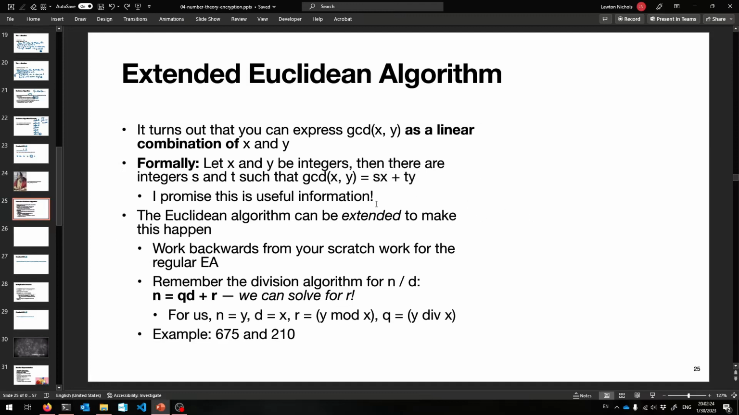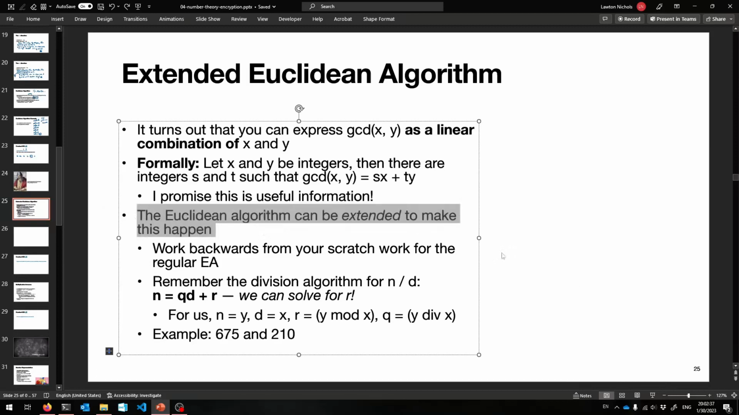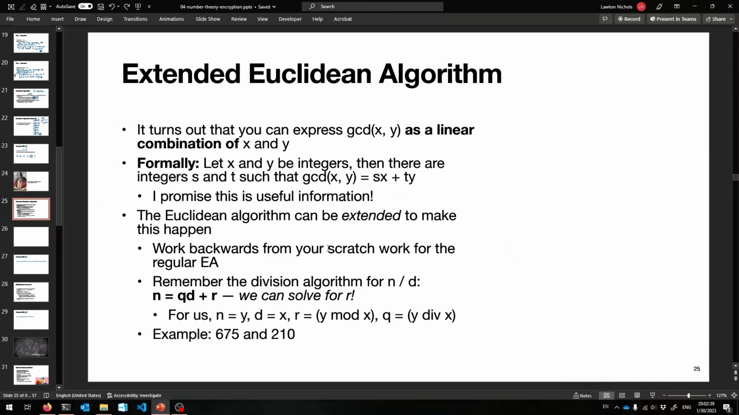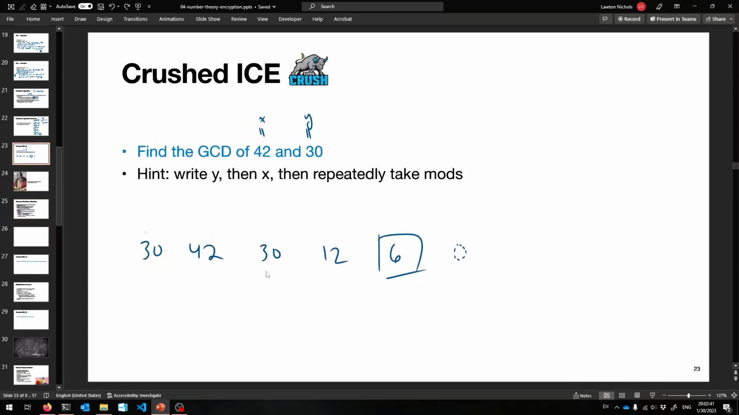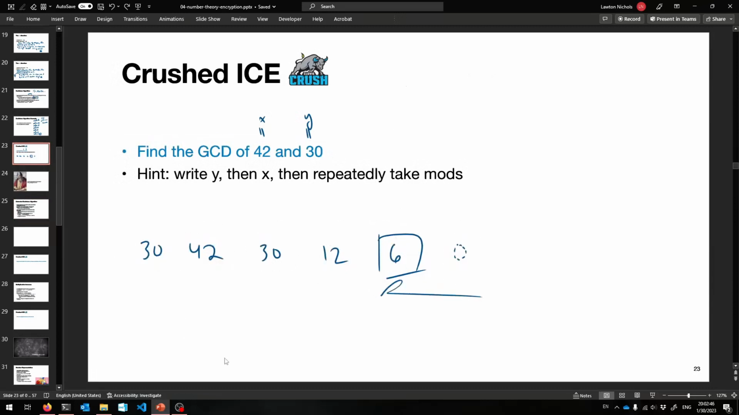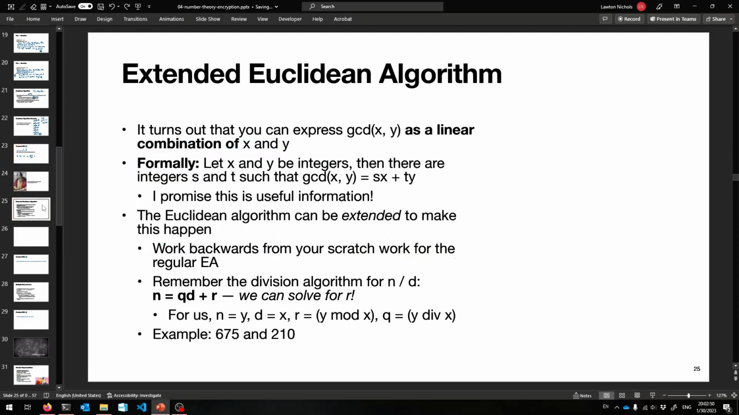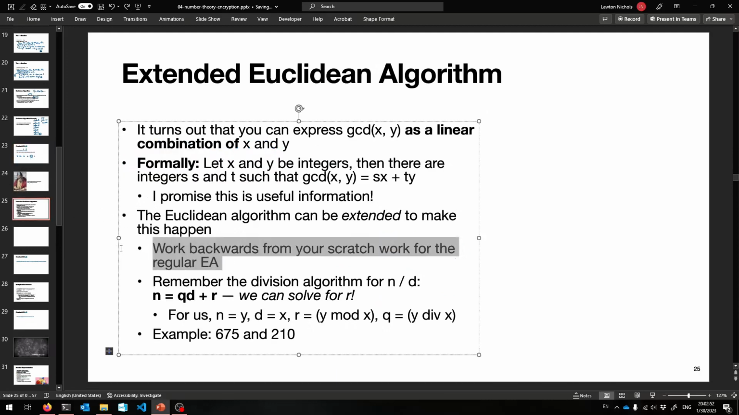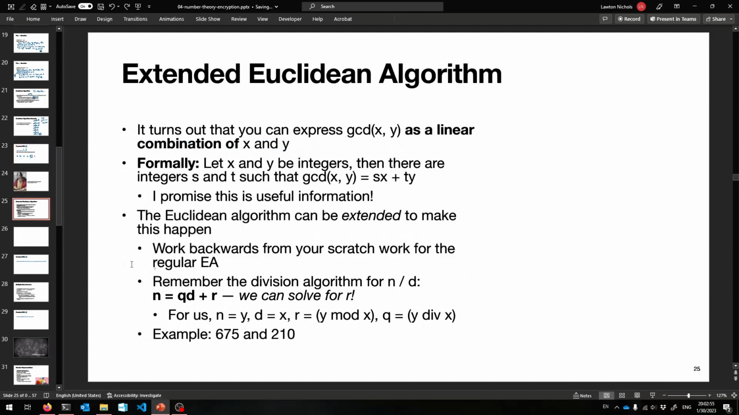All right? And this is useful to us eventually. It's going to eventually make a whole lot of sense why we're learning this, but we have to wait. Encryption is the real reason. All right? So the Euclidean algorithm can be extended to make this happen. We just need to save some extra information. What you do is you take this scratch work that you did while you were finding the GCD, and then you kind of work backwards from your 0 and 6 to your 12 and your 30 and all that kind of stuff. It'll make sense with an example. But you're going to work backwards from your scratch work,